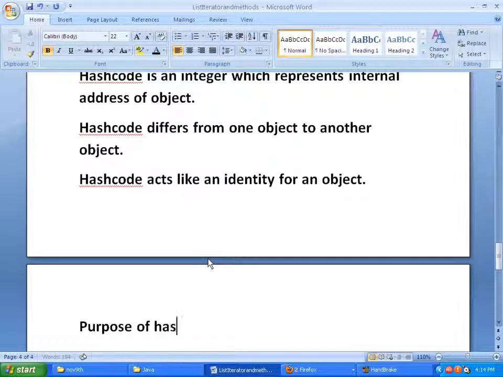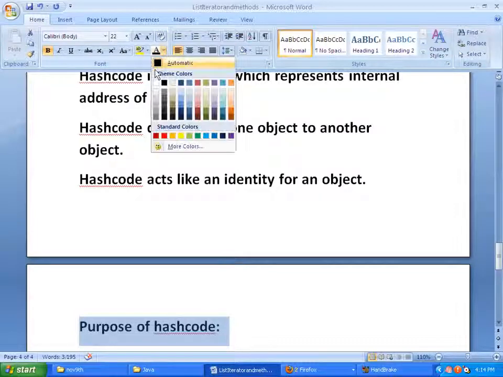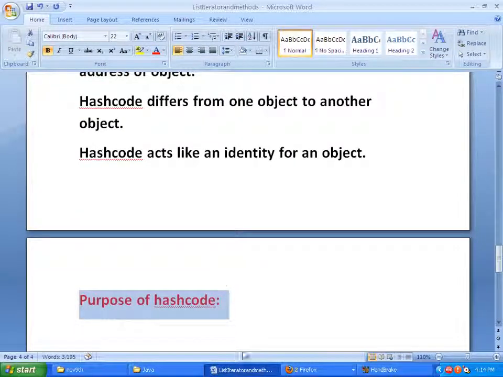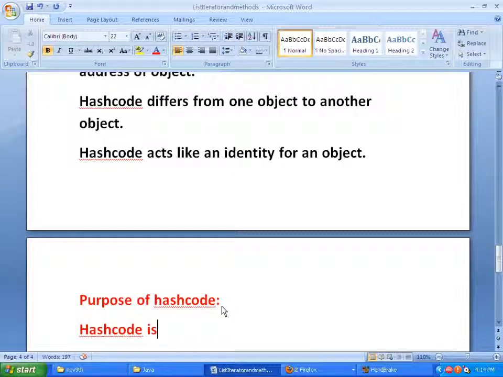Mainly hash code is used to store, remove and search an object in set and map objects, in set and map collection objects.